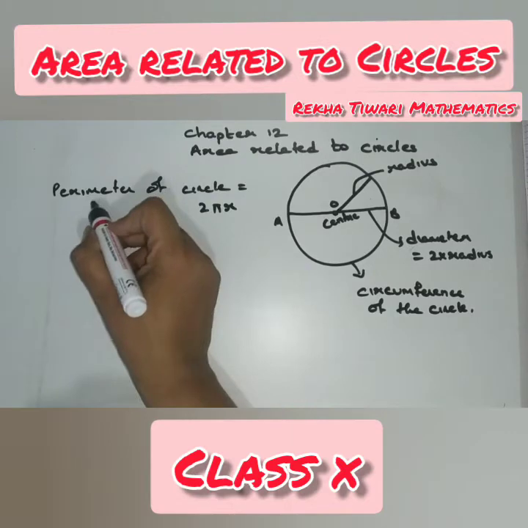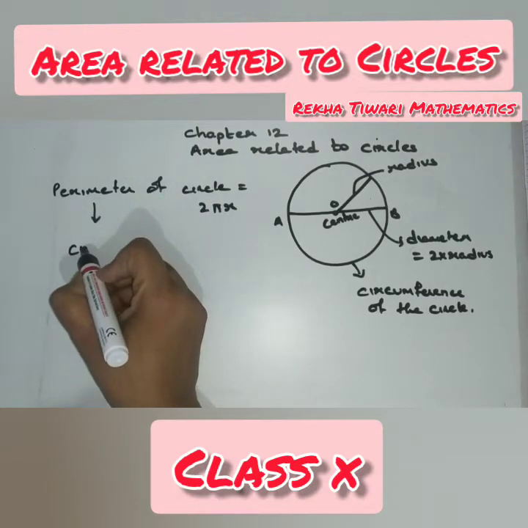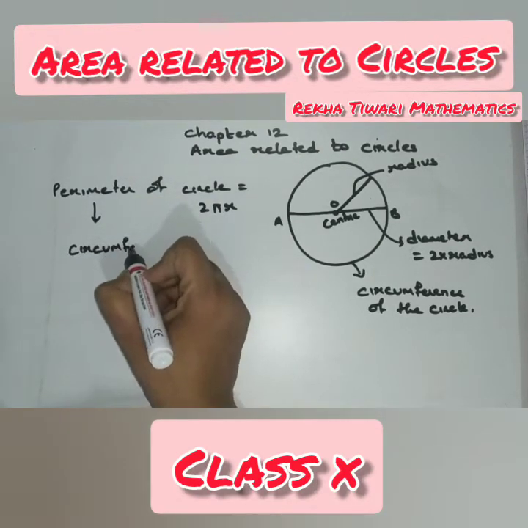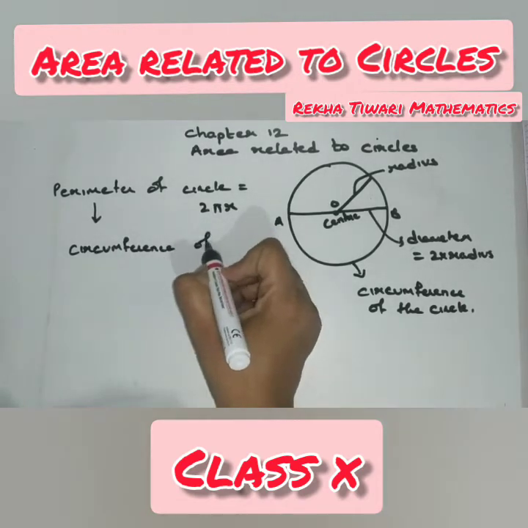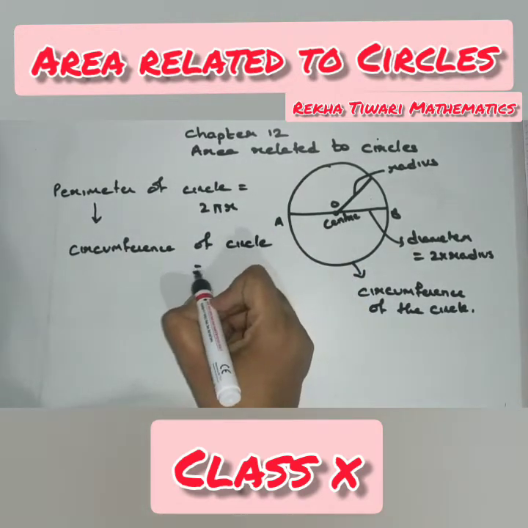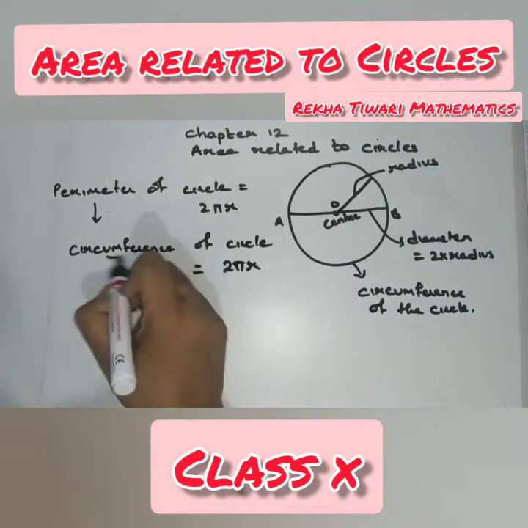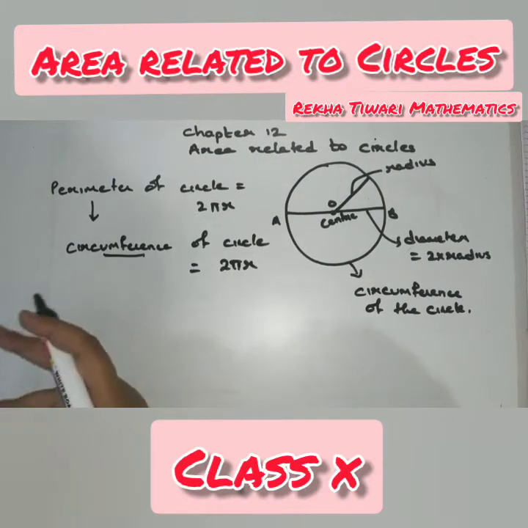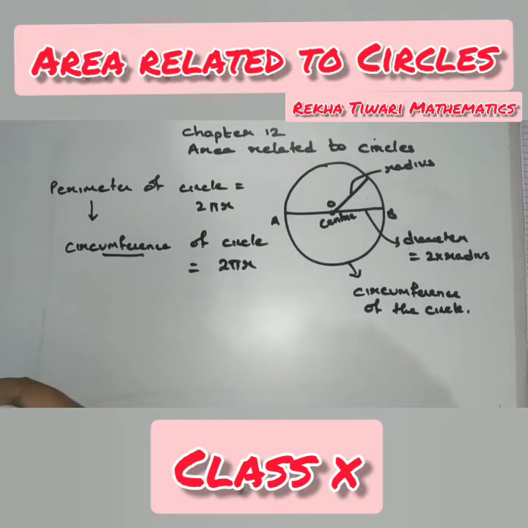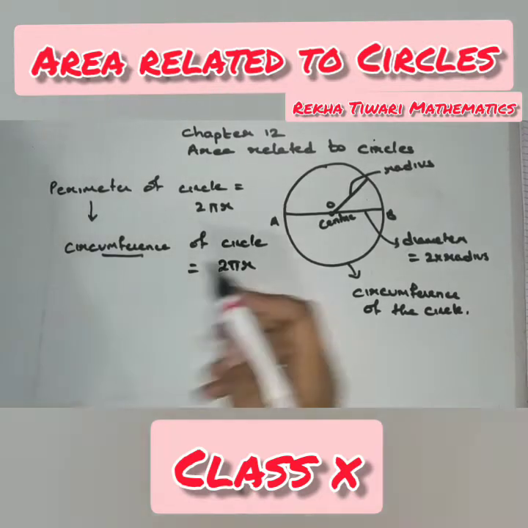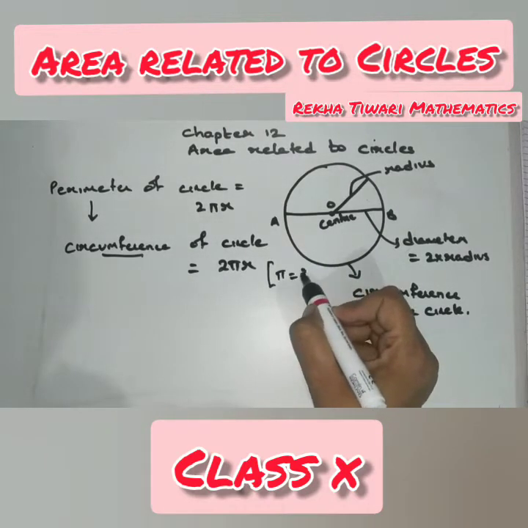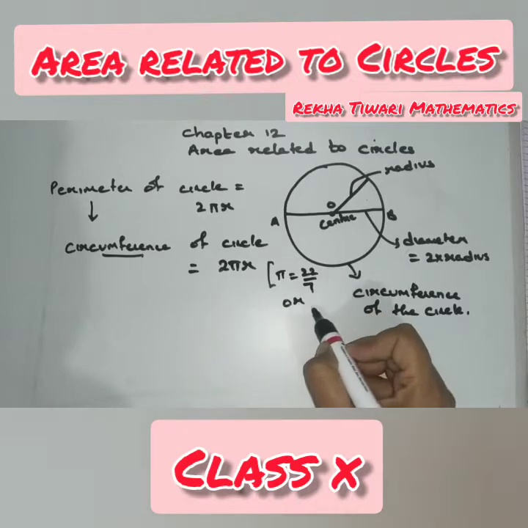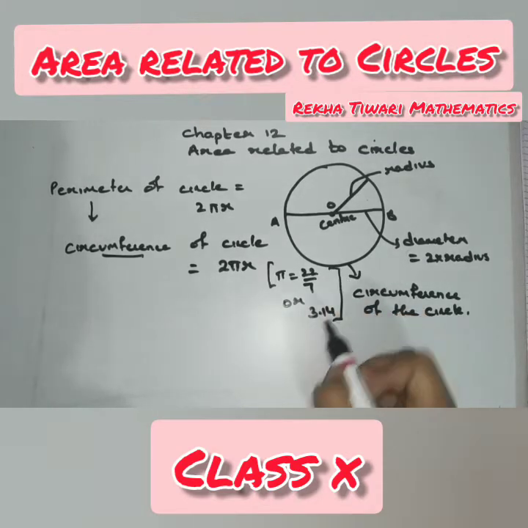And that's why this perimeter, in case of circle, it changes to circumference of the circle. In some of the book you will see the word perimeter, but mostly we are using the word circumference of the circle, because circumference is also the boundary and perimeter is also the boundary of some figure. And boundary of the circle, I told you earlier that boundary of the circle is called the circumference. So circumference of circle is 2 pi r, where you know the value of pi. Pi is 22/7 or 3.14, approximate value.